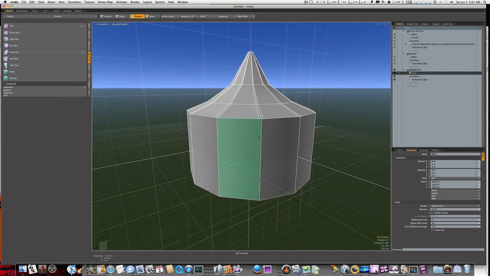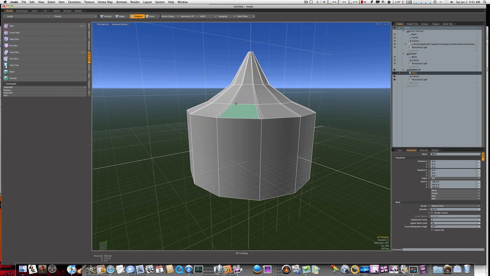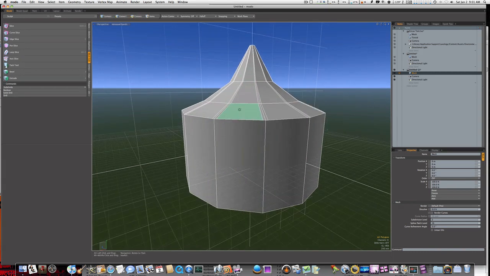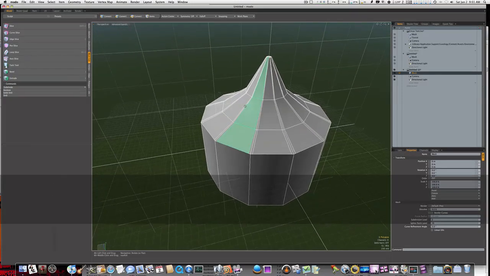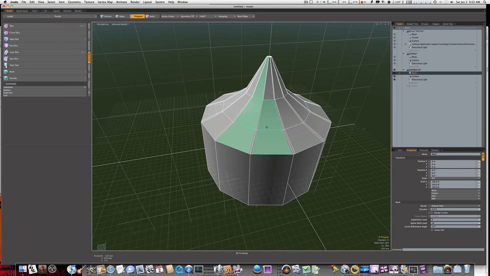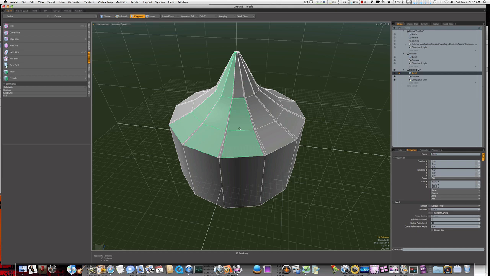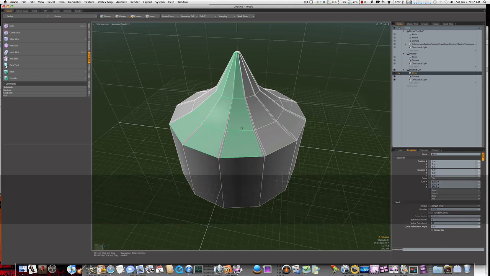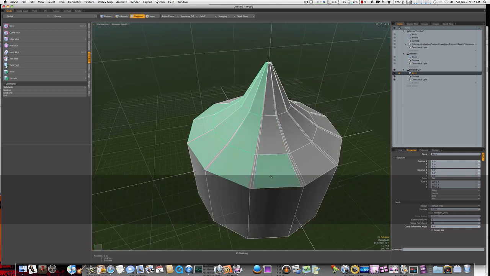Now when I go into sub D mode with the tab key, you can see our tent is holding its shape. Okay. So now let's do a few more things to our tent here. Let's go ahead and select right up the center here on all of these by selecting 2 in the direction we want to run on, and then hit the L key and it will loop around. So as you can see, I'm going around here and just looping